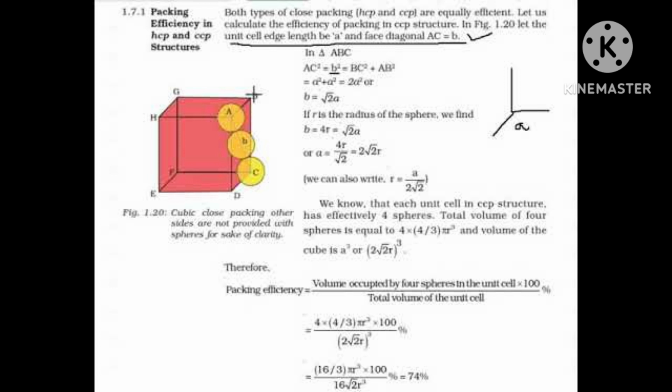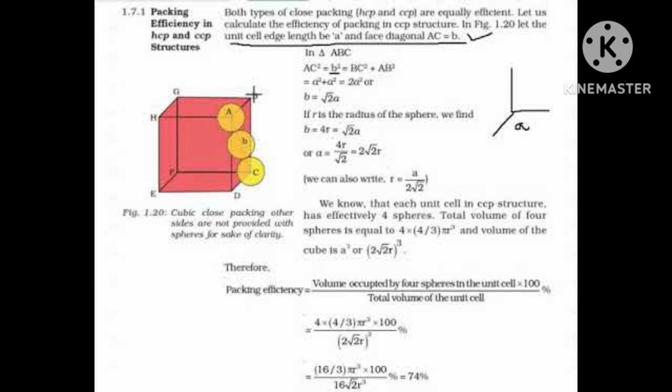Now just consider a triangle, any triangle: ADC or ABC, both are the same. In ABC, suppose AB is the base, then BC will be the perpendicular, correct, and AC is the diagonal. Any one triangle you can consider. For simplicity, suppose you are considering triangle ABC, then you know that this diagonal